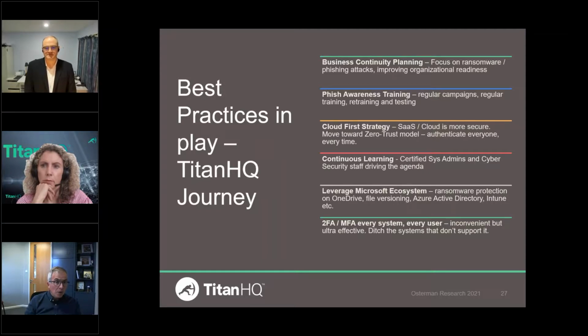We have a benchmark target based on our industry and organization size of 2.8%. I actually consider that way too high. Our most recent 2-week campaign came in at 0 clicks. So nobody clicked any of the emails that went to all of our employees. That's the benchmark we're aiming for and continue to push for, which is to make certain we're as watertight